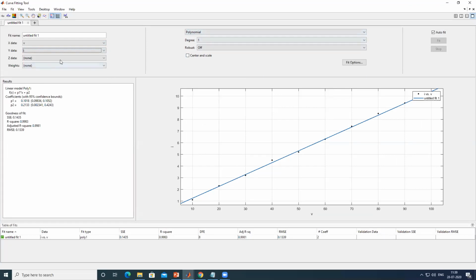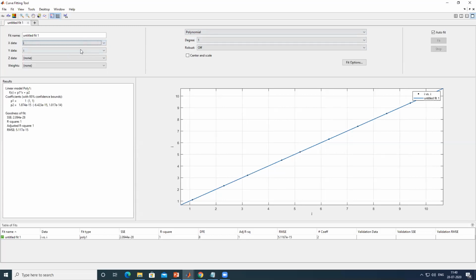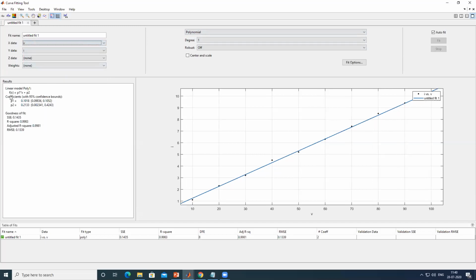First I will explain the left side column, what this information is all about. Because I is my output, it should be I here, and X is my voltage, so it should be voltage here.